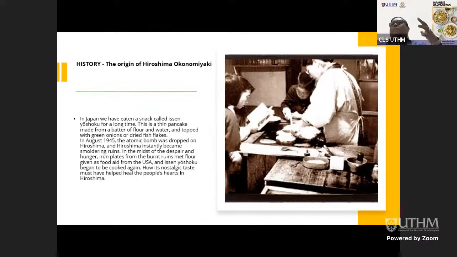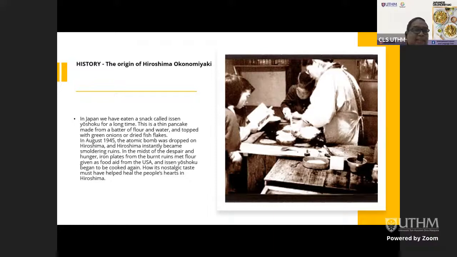after the bomb, of course, when Hiroshima had been flattened, people from the surrounding area also tried to help the people of Hiroshima. And at the time, maybe they had some cabbage. I think these two ingredients are considered the starter of Okonomiyaki, cabbage and flour. So it started when they tried to make it from a 3 p.m. dish into the main menu. Okay, a main menu for dinner, lunch, and maybe breakfast also at the time.